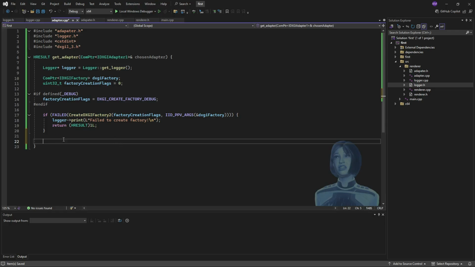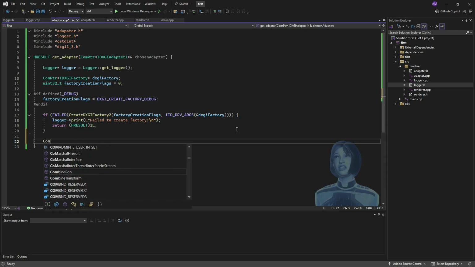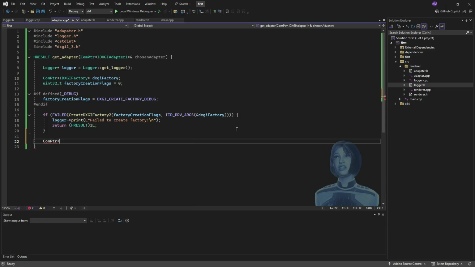So if we get to this point, our factory is created and it's ready to go. We can then start using that factory to scan through all of the adapters which are available on the system and inspect them. So I'll have a COM pointer to the adapter,